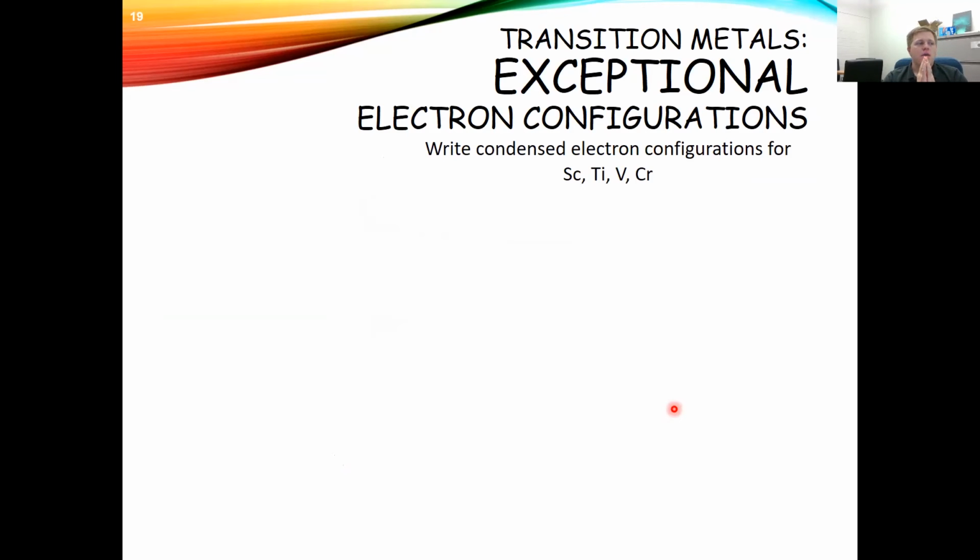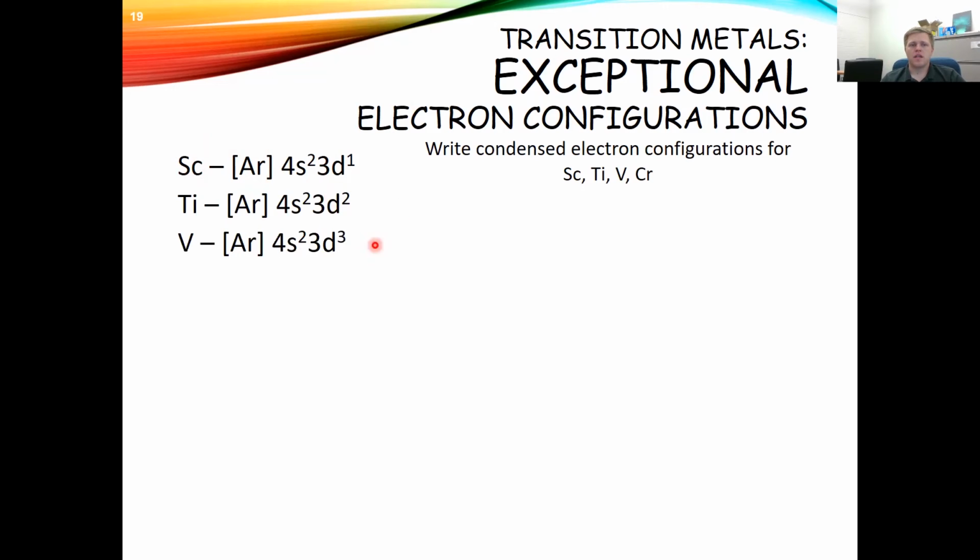There are about 8 exceptions, and fortunately, you only have to memorize 2 rules, and then you can find these 8 exceptions. And these 2 rules are actually very similar to each other, so you can almost think of this as thinking of one type of exception here. So if we look at our periodic table, if we start with our transition metals, so we're looking at the first D block element, which is Sc, then it's got 1 electron in the d orbital. And then we go to the next one, it's got 2 electrons in the d orbital, the next has 3